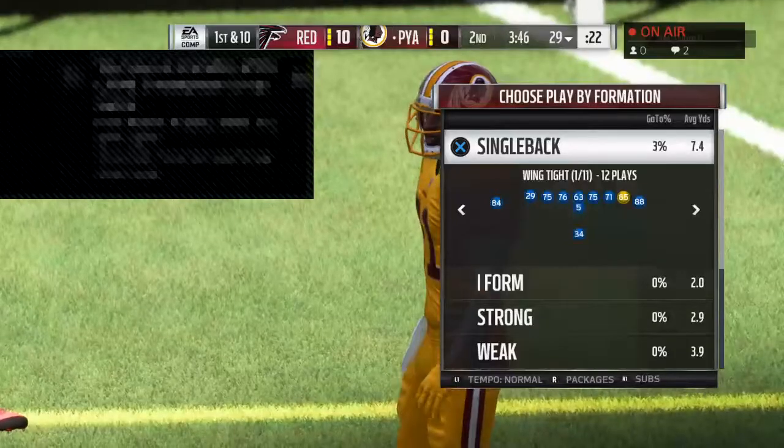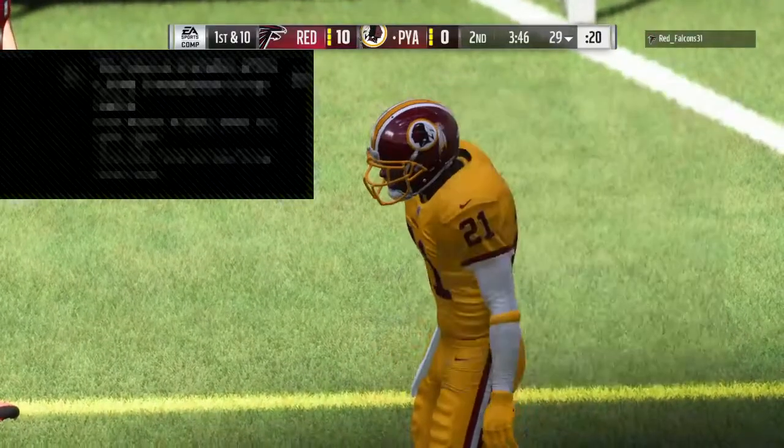2 drives, 2 turnovers to this point. You're exactly right, Doctor. Hippocratic oath. First